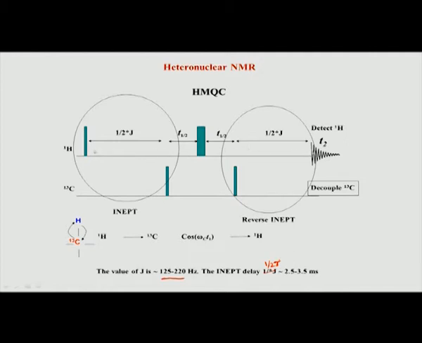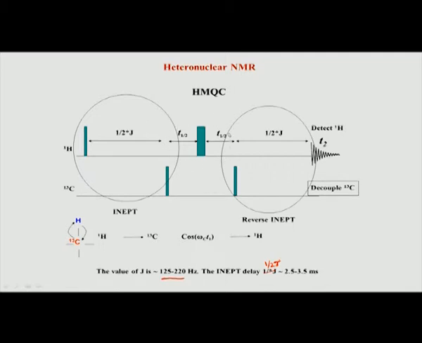Okay. So, the magnetization of proton remains in the xy plane. There is no other 90 degrees like in the HSQC to take it to the z direction. So, when it is in the xy plane, during all this period, the protons are coupled to each other. Whenever a proton is in the xy plane, it will be coupled to all other protons. So, that proton proton coupling is active throughout the sequence. That means it is also present during this part.